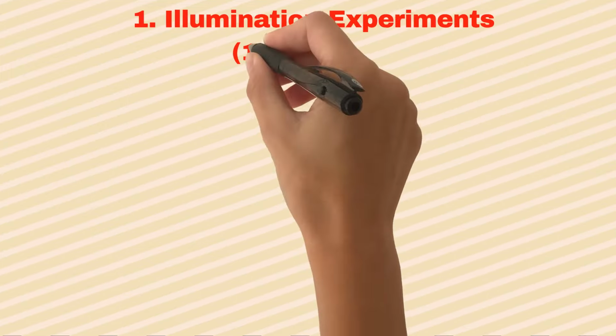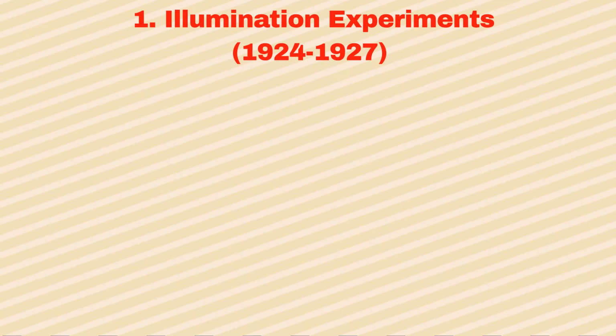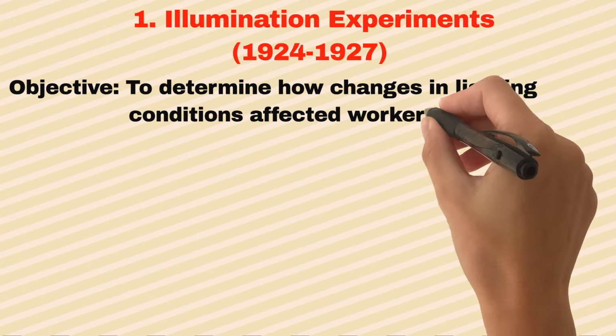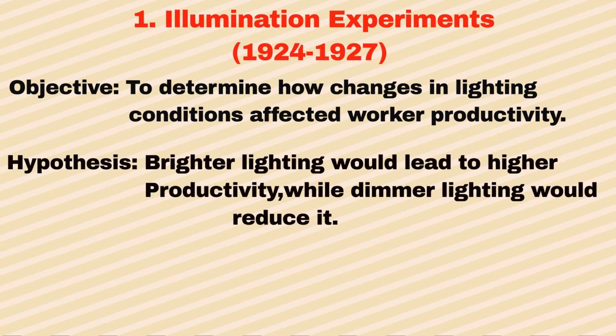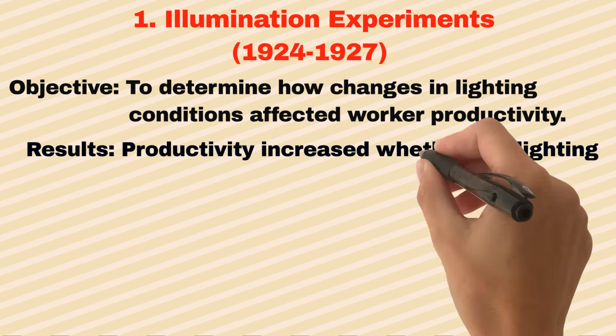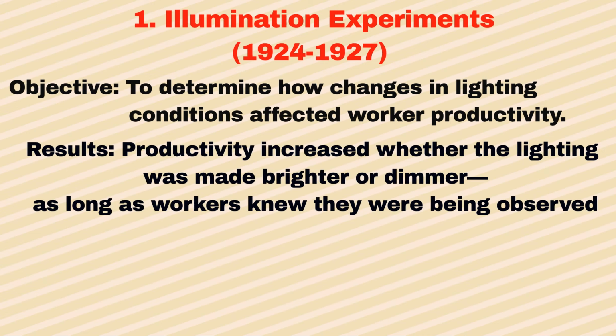The first one was the Illumination Experiment, which was conducted between 1924 and 1927. It was the first set of experiments aimed to determine how changes in lighting conditions affected worker productivity. The hypothesis was simple. Brighter light would lead to higher productivity and dimmer light would reduce it. But here's the surprise. Productivity increased whether the lighting was made brighter or dimmer, as long as workers knew they